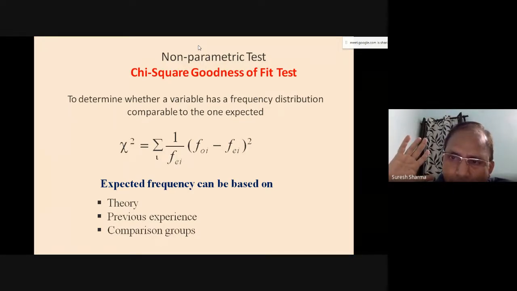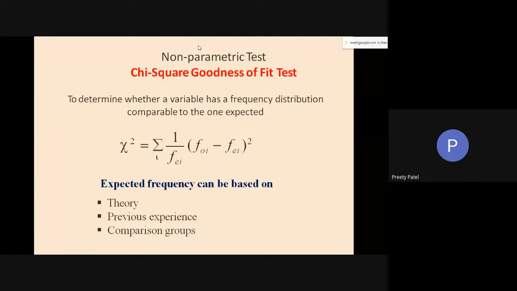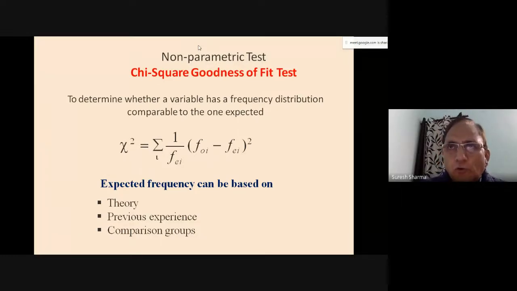Yes, sir. What this goodness of fit test is, I want to prove whether what Mendel has said, that the offspring in the next generation are going to be in this ratio, whether the same thing works for my sample or not. So if there is a close resemblance between the theoretical results and the observed results, then I'll say that yes, it's a goodness of fit, that your data fits well to this. Otherwise, it doesn't fit well. Hopefully this makes sense to you.